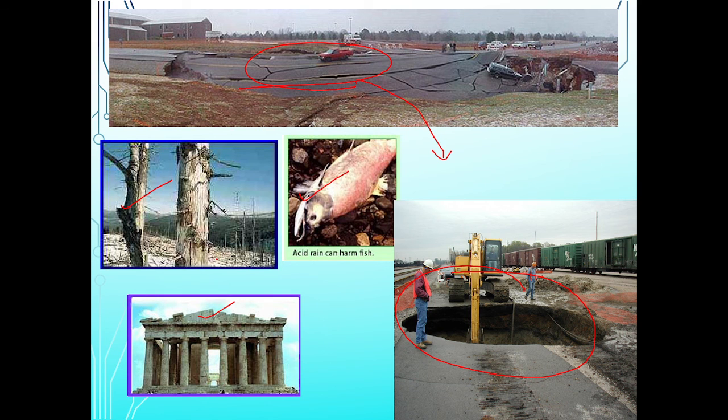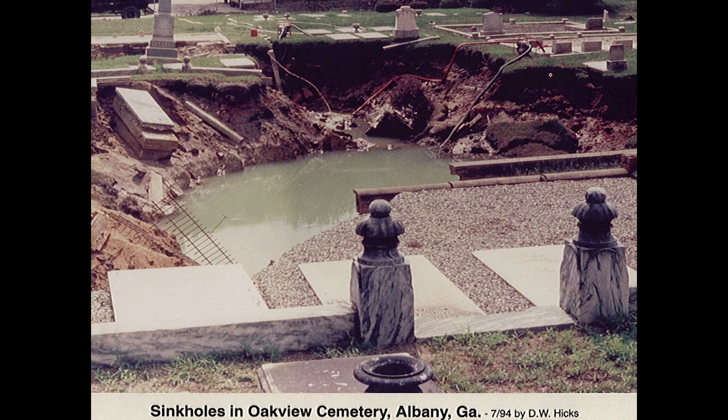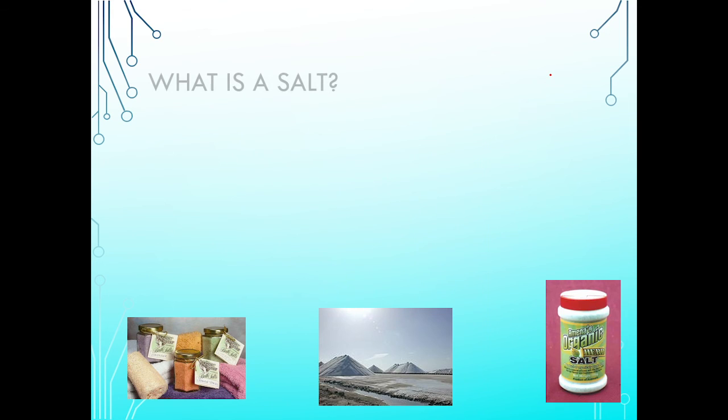Okay, because we know that in our rocks also there is some amount of calcium, okay, which gets easily corroded, right? And hence sinkholes are created. Now, see, can you see here? This is nothing but a sinkhole. And whenever such infrastructure collapses, a lot of life can be destroyed. Then this is one example of a sinkhole of Oak View, okay, which I have given you the image of, right?